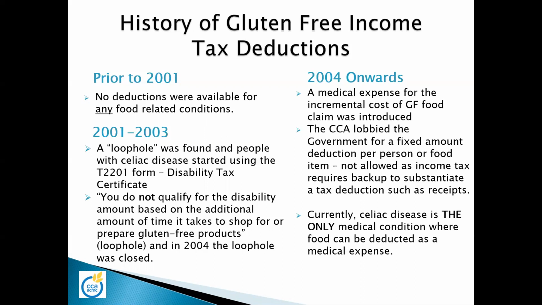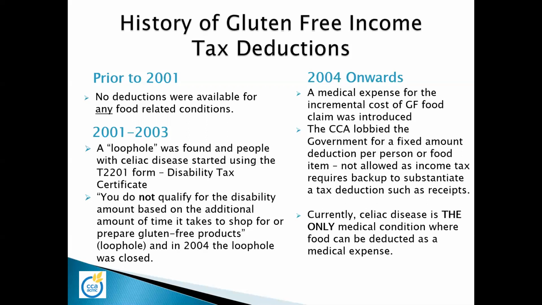So in 2004, the medical expense for the incremental cost of gluten-free food was introduced. The Canadian Celiac Association, in about 2007, after a couple of years of having people figure out the medical expense for incremental cost,